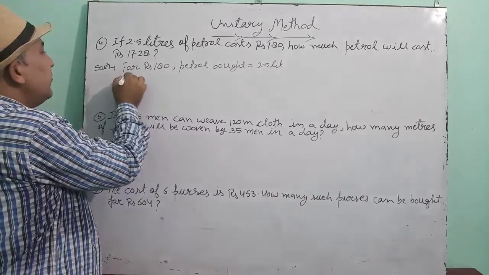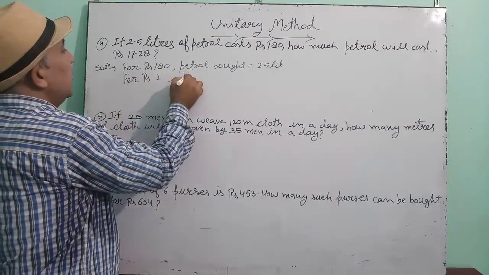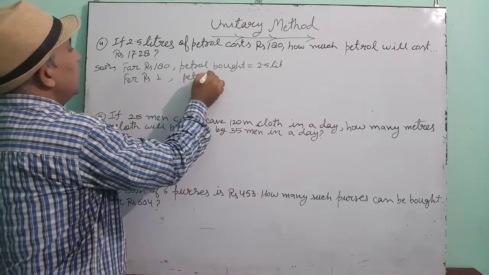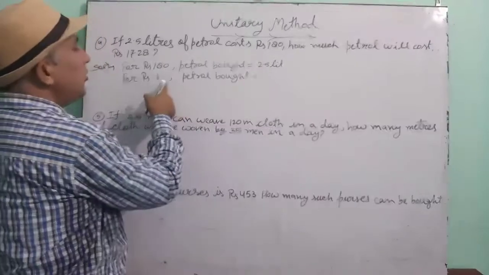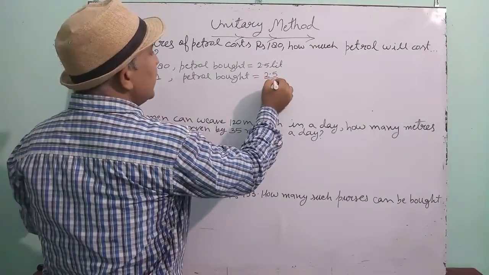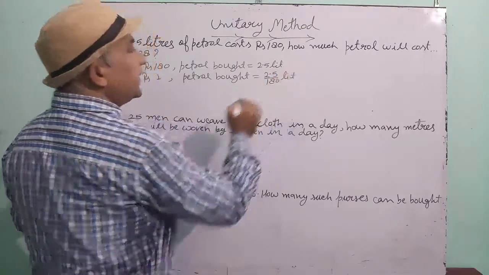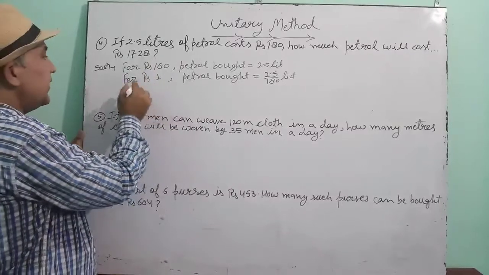So first we will find for rupees 1 how much petrol is bought. Petrol bought for 1 rupee. The petrol amount will be less, so it will be divided by 180. No need to divide here, just write it. Okay. Now